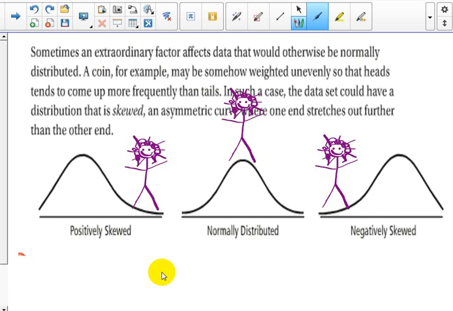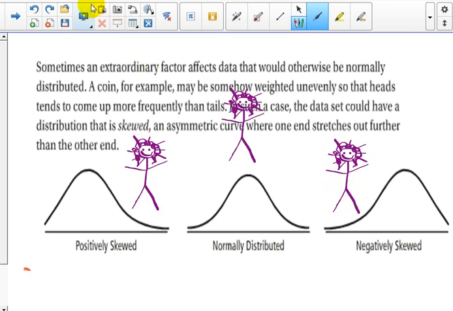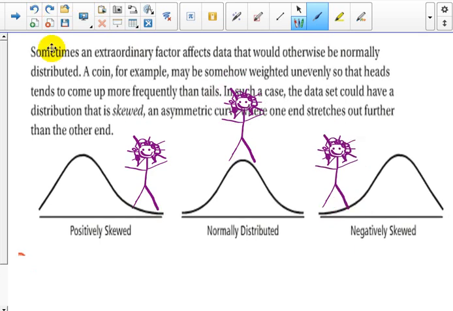Okay? For example, you might have an outlier. It can cause your data to be positively skewed or negatively skewed. So how do you remember which is which? Well, I just drew this silly little picture to help you. If this was a number line where the positive moves to the right and the negative moves to the left,